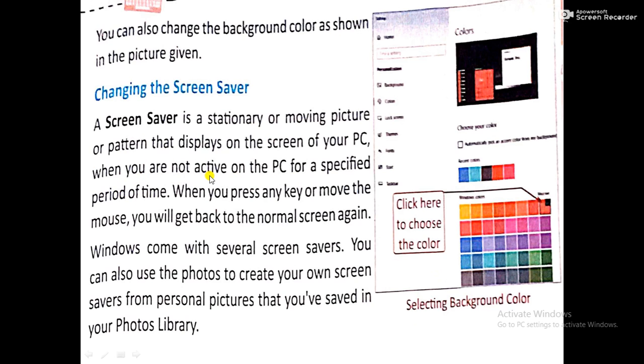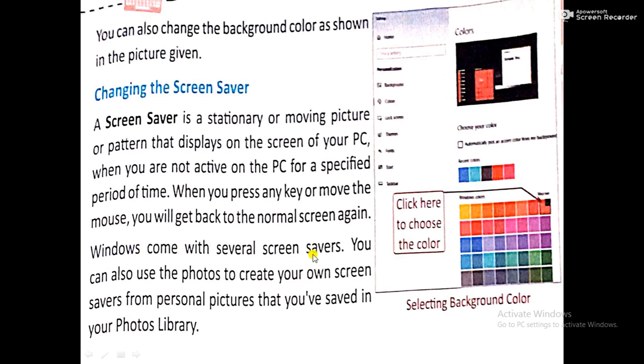When you press any key or move the mouse, it will get back to the normal screen again.